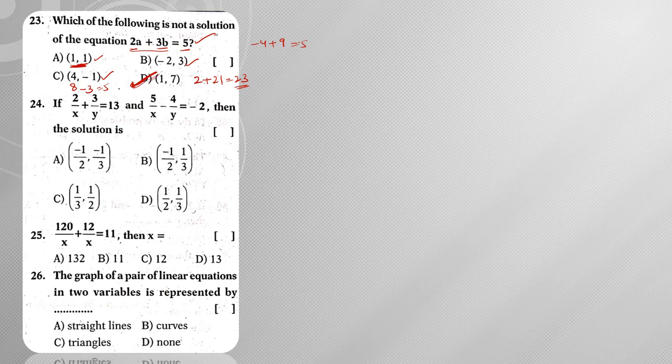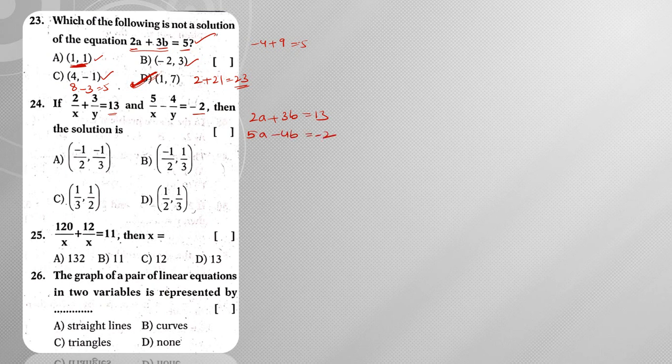Hence option D will be my answer, right? Next, 2 by x plus 3 by y is equal to 13, 5 by x minus 4 by y is equal to minus 2. Then the solution is, so how can you do it? So simply consider 1 by x as a and 1 by y as b. Then how can I write it as 2a plus 3b is equal to 13, 5a minus 4b is equal to